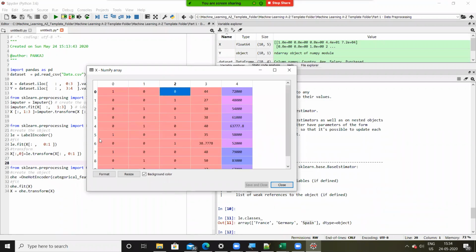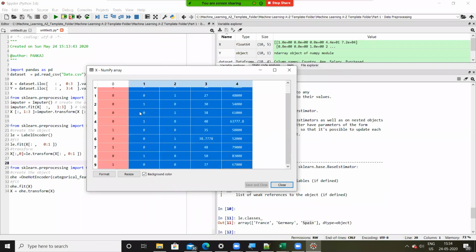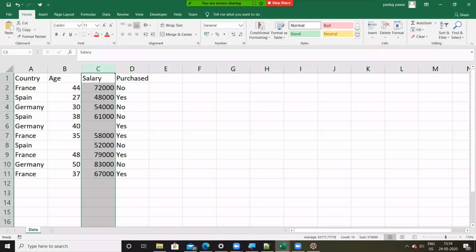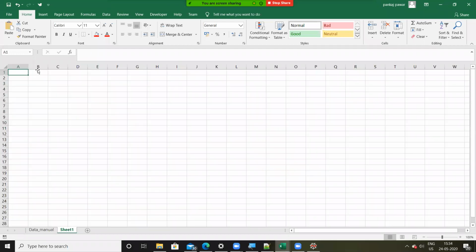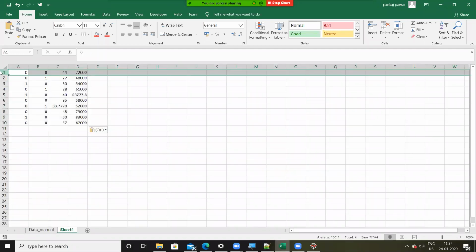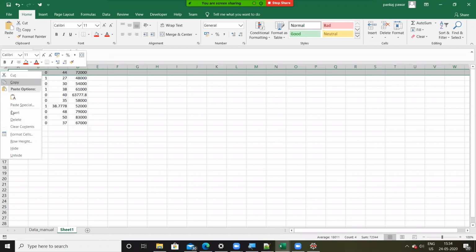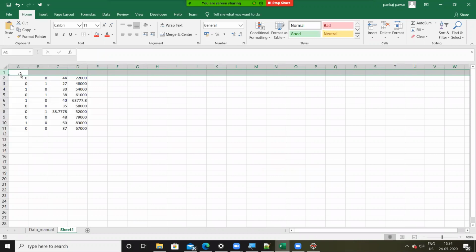Now tell me, if I don't show you this, let me just copy it from here. Control C. See, I'm not copying index 0, okay? Go to this file. So this column is index 1.